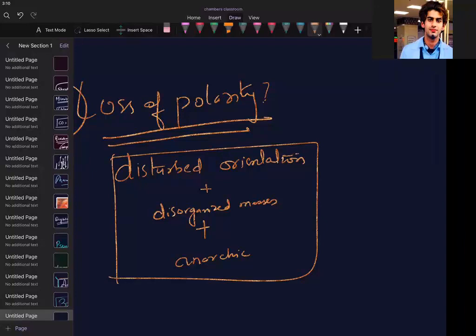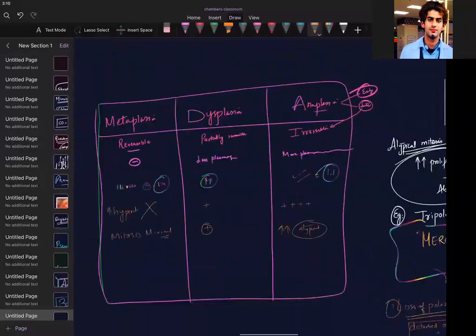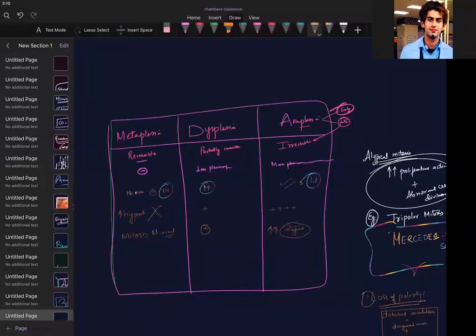Okay, so this is what you have to remember, guys. That's why I gave you this table, because I am summarizing whatever we have learned from the first day about the cells. We have said there are atypical mitotic spindles. We are saying there is more hyperchromatic nuclei, there are irregular borders.